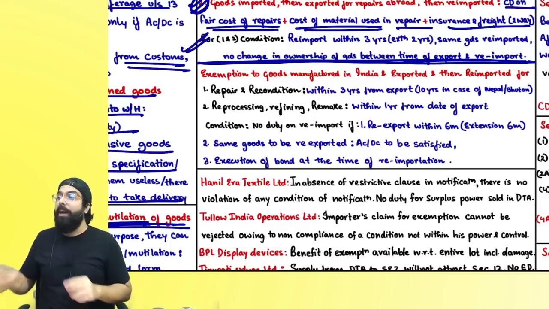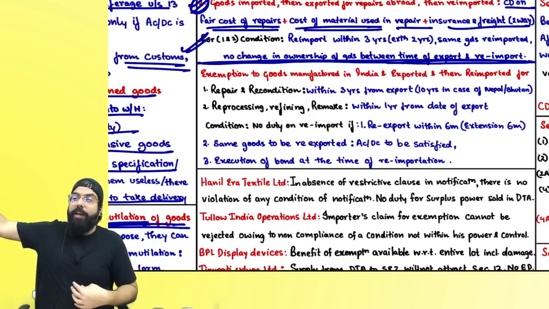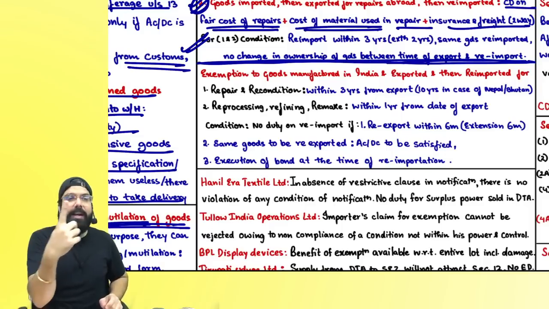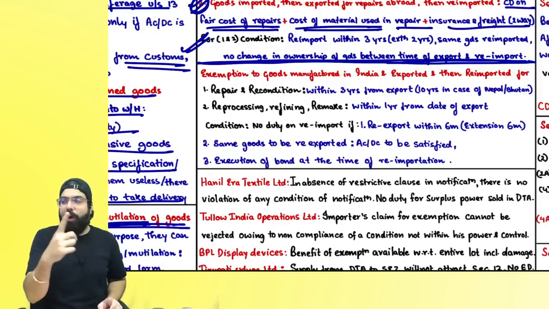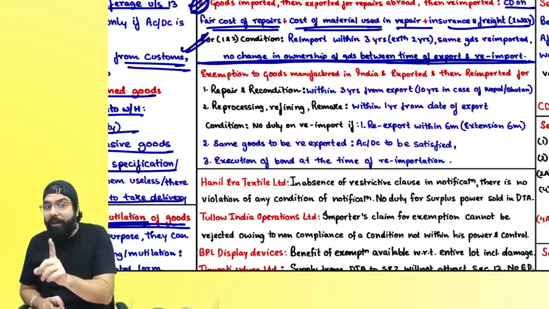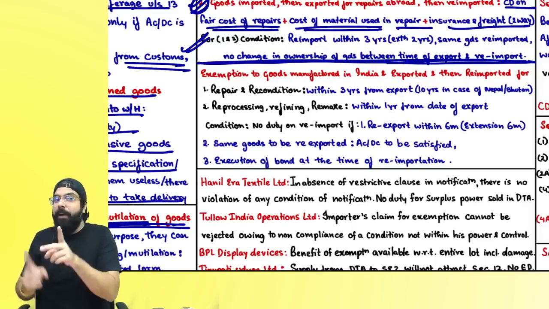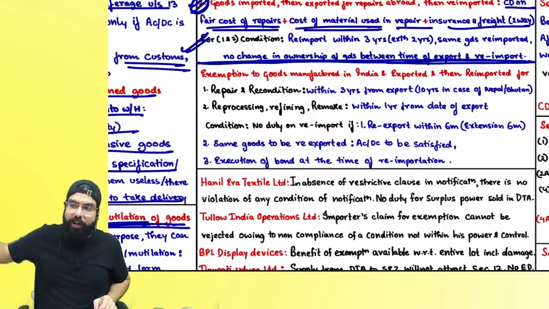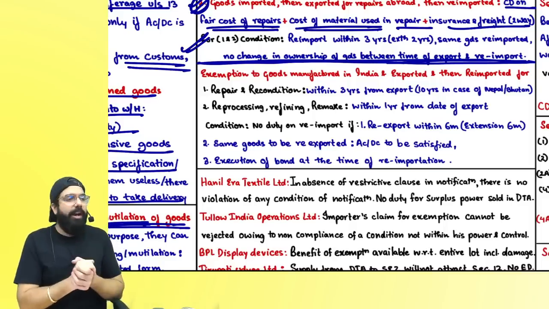But if you made some machine in India, sent it outside India, and you are getting it back for refining, in the case of refining only 1 year is allowed. See, repair is always for a defunctional item. Refining is always for refining the process. It was still working, and you got it for refining. In that scenario, you will get only 1 year.